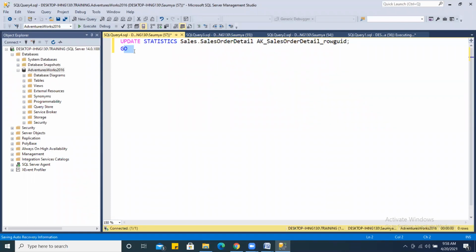command to update all statistics of a database. If you want to update only the statistics of a table, for example, under the sales order detail table, I have created 4 or 5 indexes, right? So if you want to update statistics for only those 4 or 5 indexes, you can execute this command, update statistics followed by the table name,